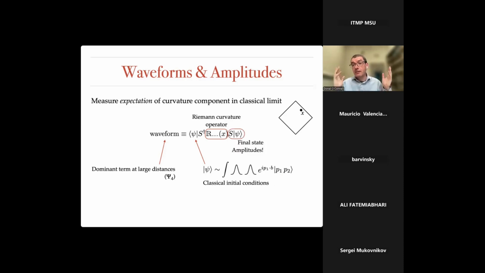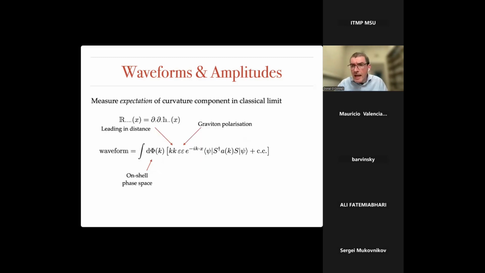The final state is then obtained by acting on the classical initial conditions with the S matrix, and that will take care of all of the dynamics. So once I've arranged these initial conditions so that the whole problem is in the domain of validity of the classical approximation, then I'm good. This expectation value will recover the classical value when I do all of these expansions and neglect the subleading terms. Another point is that since all of the time development comes from the S matrix, I'm guaranteed to get expressions in terms of amplitudes.